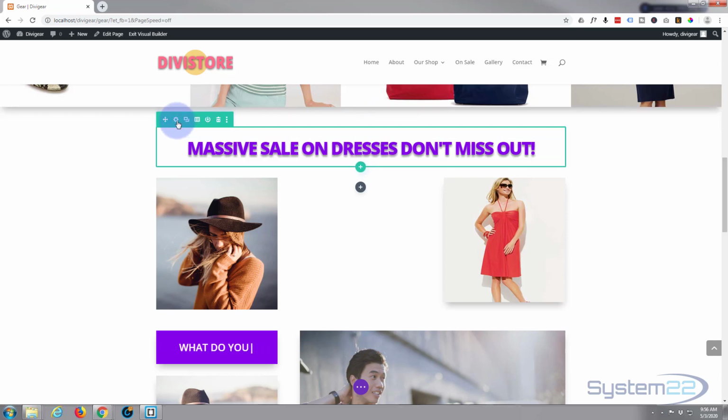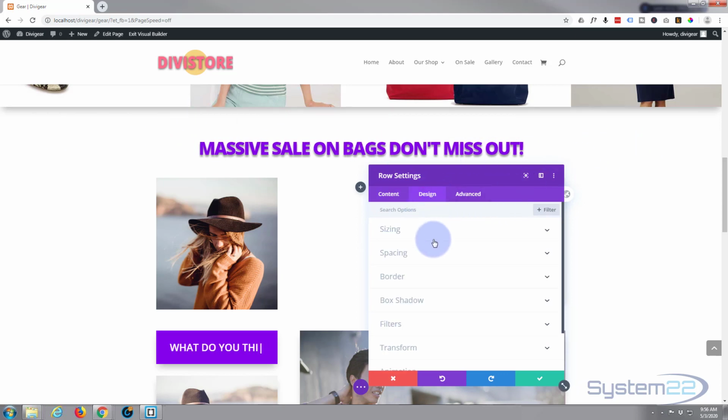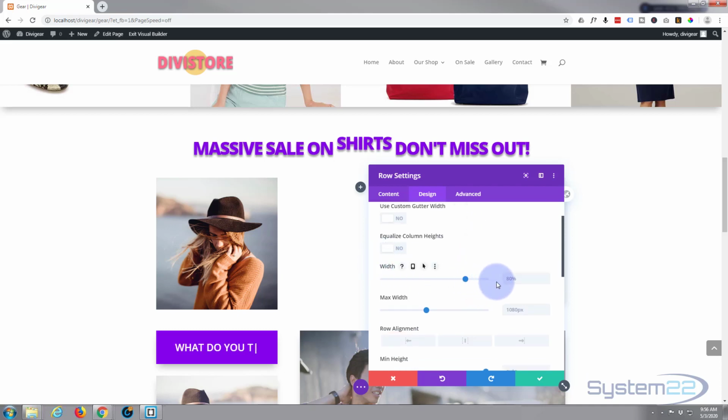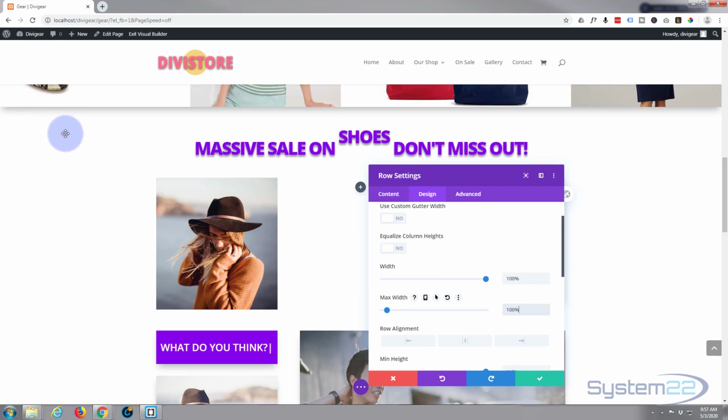I'm going to go into the row. First thing I'm going to do is make it full width so I can have a bar all the way across. Design, sizing, width, 100%. Copy the 100%, or you can type it in the box below if you want to. I'm just going to paste it there. Now we've got a full width row,